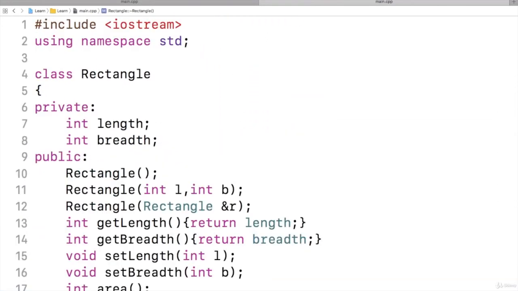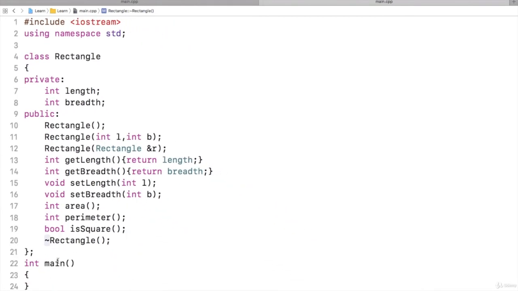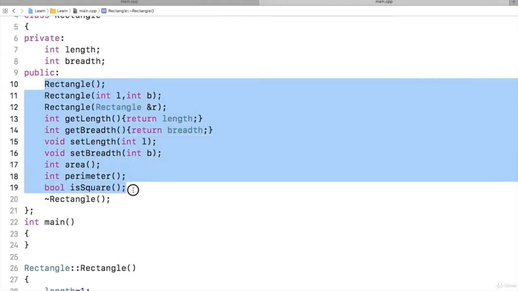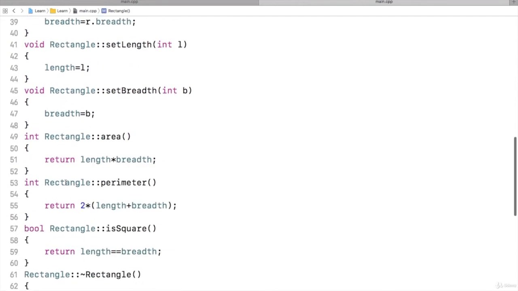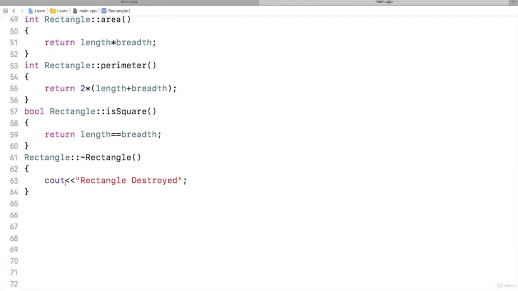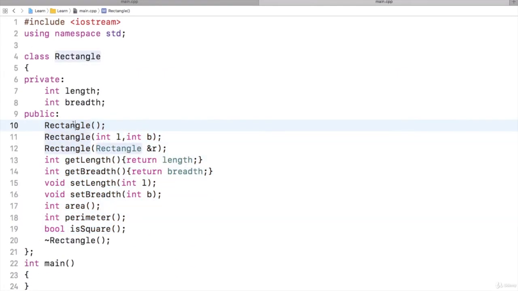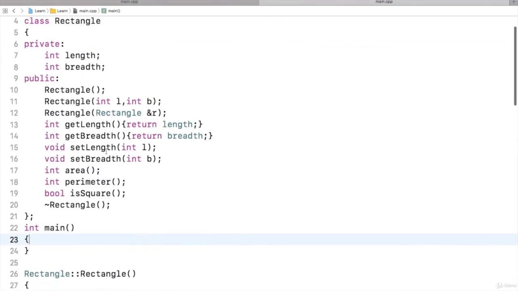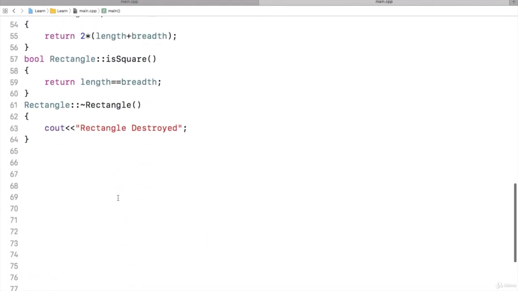Here I have a complete class ready. Just I will zoom out and show you. See, this is a class for rectangle having just the prototypes of the function, declaration of functions. Then after the main function, I have defined or implemented the body of all the functions using scope resolution operator. So usually classes are written like this, so that once we start reading the program, we can see the class, then we can see the main function. Then how these functions are working, if you really want to know, you can scroll down and check those functions.